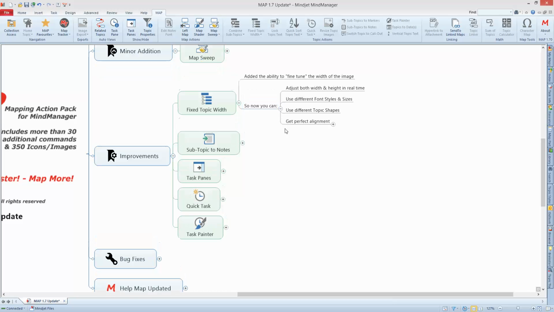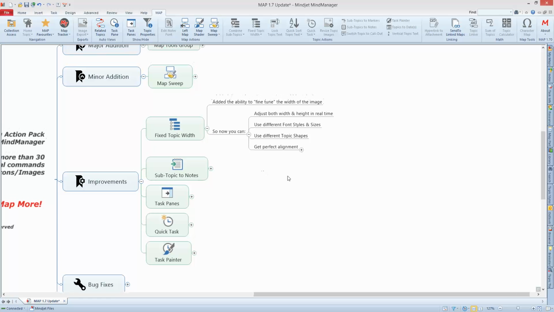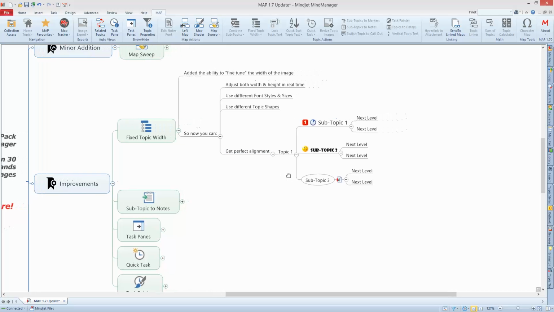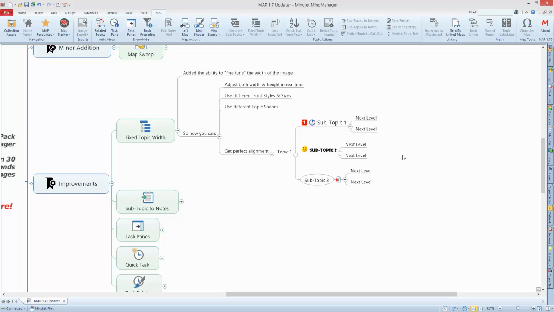So what we've done is we've added a fine-tuning element to this, and what this enables you to do is to adjust both the width and the height in real time once you've actually applied a fixed topic width to a topic. This enables you to use different font styles and sizes, and it also enables you to use different topic shapes. So for example, if we look at this little small topic structure which is not aligned, the way